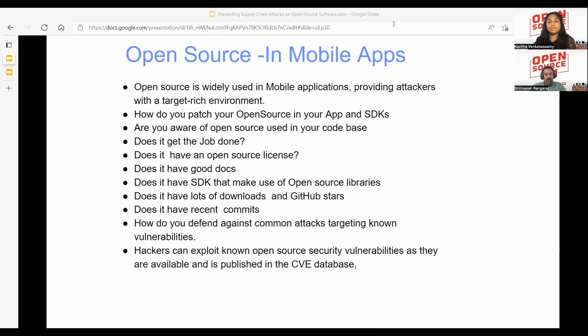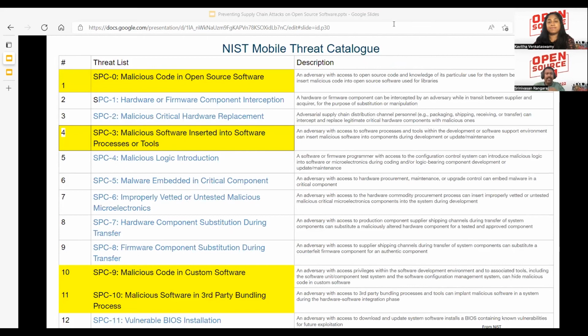So these are very, very essential, because we focus so much on the source code that is developed in-house, but not much focus is given to the open source licensing or the open source components which are brought from the internet. So I emphasize that you have to focus on the open source or third-party components that you bring from the internet. So this would be a great starting point.